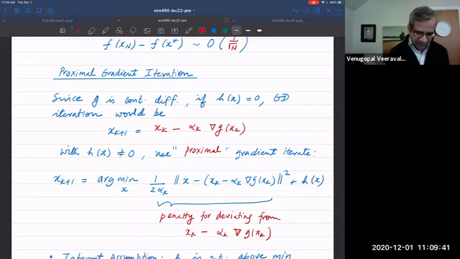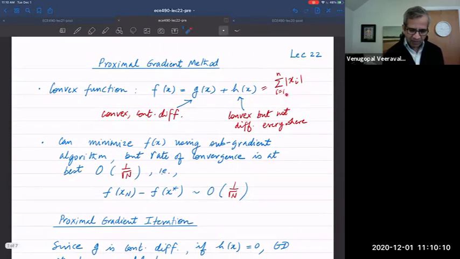This part is quadratic in x, and h of x is a convex function. So this is a convex optimization problem, but it's a very special kind of convex function, for which maybe if h has a certain simple form like this L1 norm,